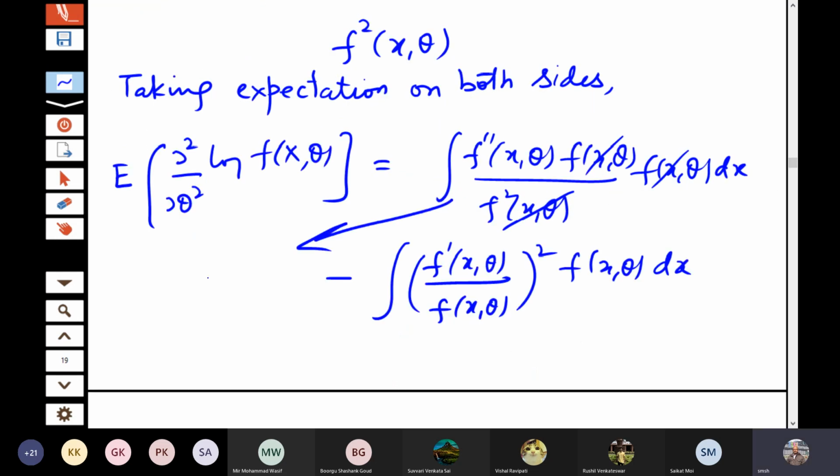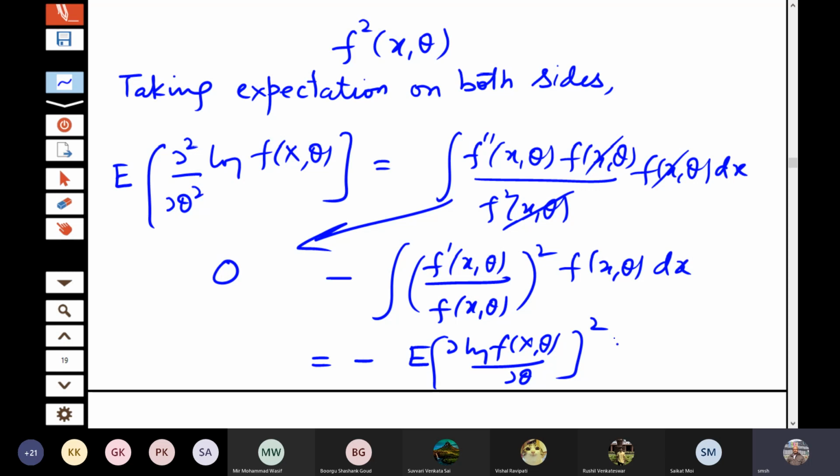So this first term is nothing but 0, because it is the derivative of the integral of f(x;θ) dx, which is equal to 1. If you differentiate once, you get 0. If you differentiate twice, then also you get 0. Here this f double prime I have written is simply the derivative with respect to θ, because I am not differentiating with respect to x anywhere. I just wrote it for abbreviation, otherwise the term becomes a little lengthy. So this is nothing but minus the expectation of (∂ log f(x;θ)/∂θ)². The proof is of course very simple, I just wanted to show it.